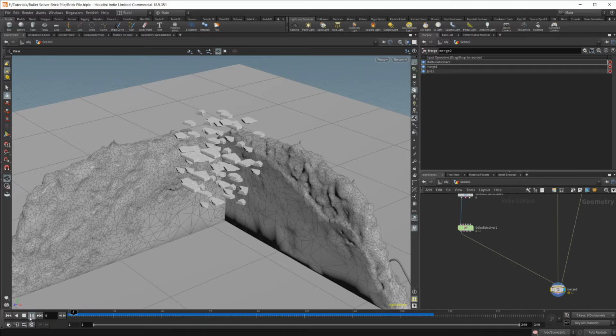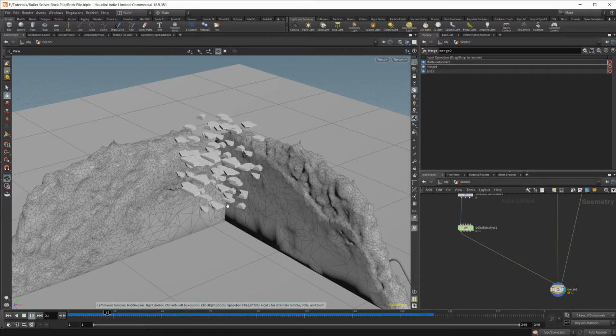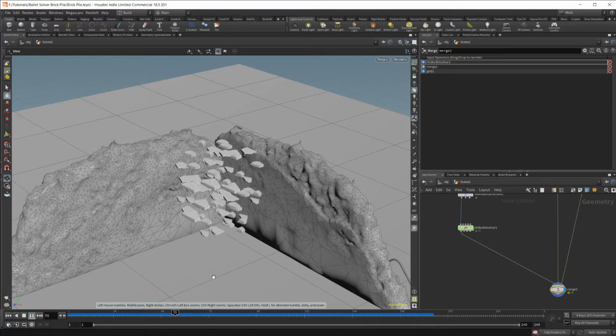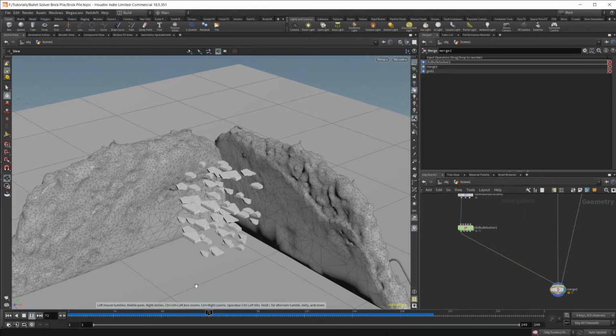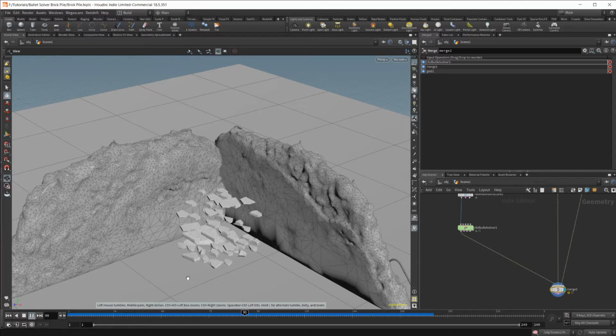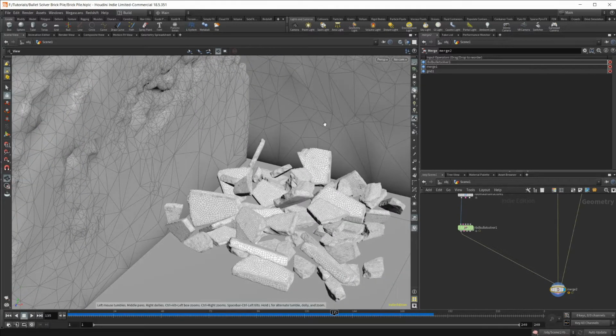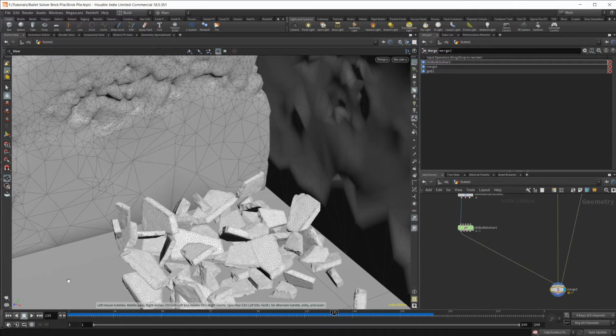So if I click play, this is going to play, and we'll see some issues that we've got going on as it gets further along. Right here, if I just pause it, you can see that we have our geometry, but it's not actually interacting with the concrete barriers that are around here. Obviously that's not what we want. We don't want them to be clipping inside of the geometry here. So we have to